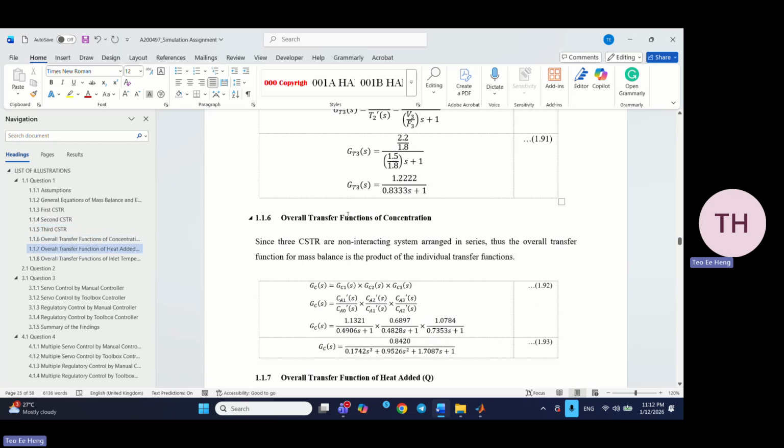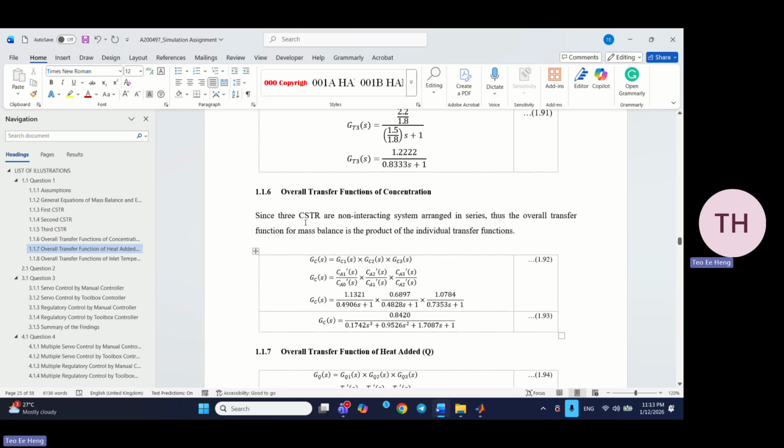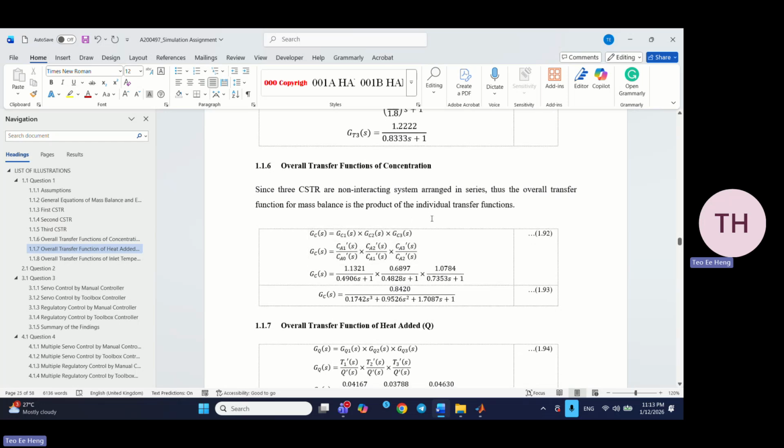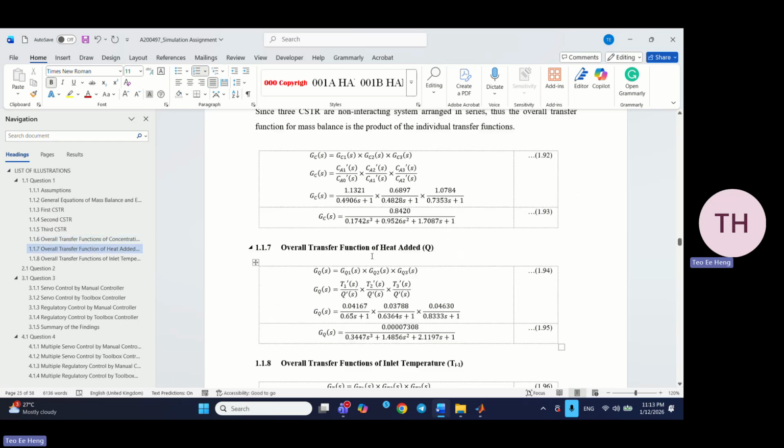So for the overall transfer function of concentration, since the three CSTRs are non-interacting systems arranged in series, the overall transfer function for the mass balance is the product of these three individual transfer functions. So the GC is like this. Then for the overall transfer function of heat added,